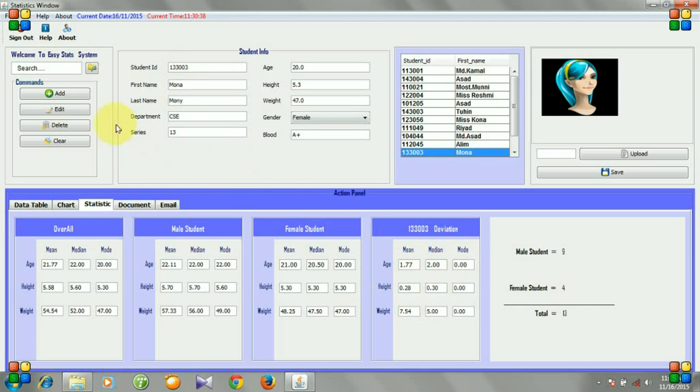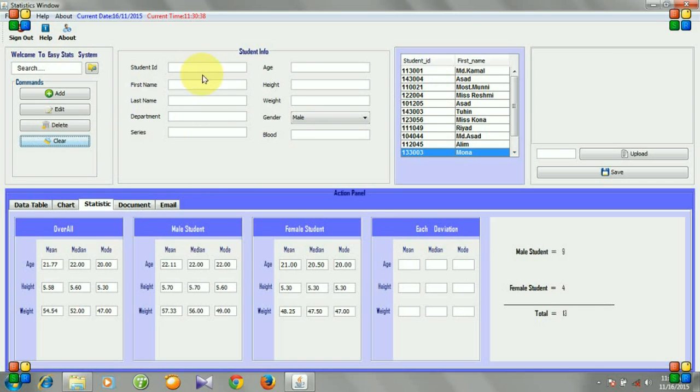We can also insert new values to this table or our database. Let's do it. Before that, we need to clear these text fields. Just hit clear button. You see the text fields are cleared. Let's insert some values.